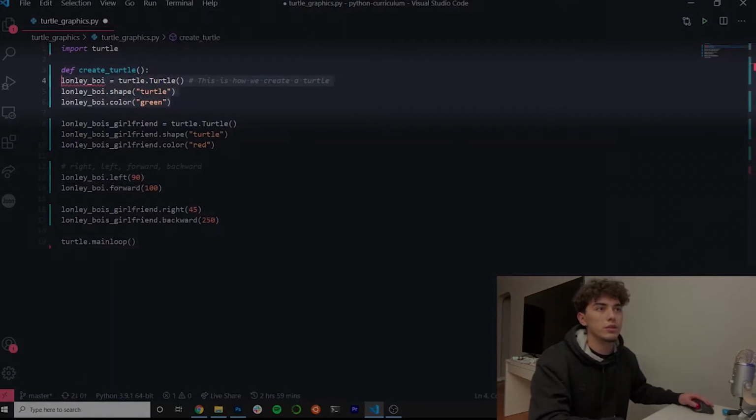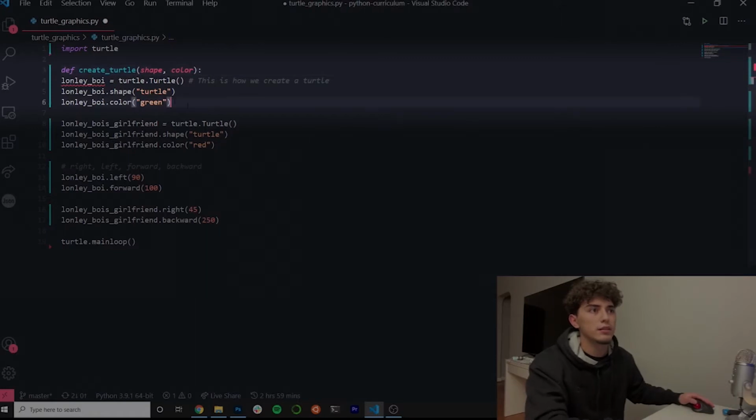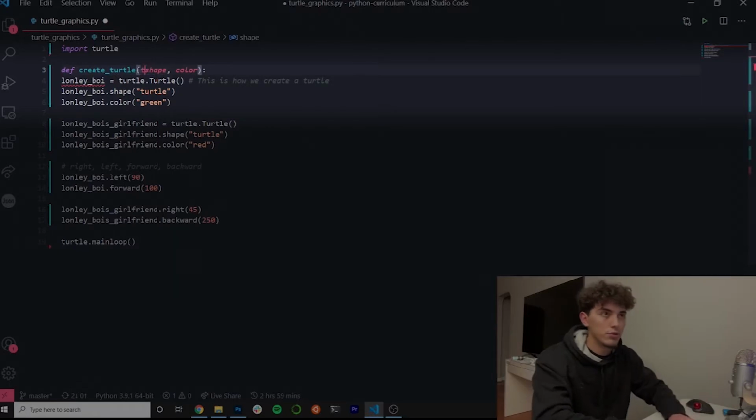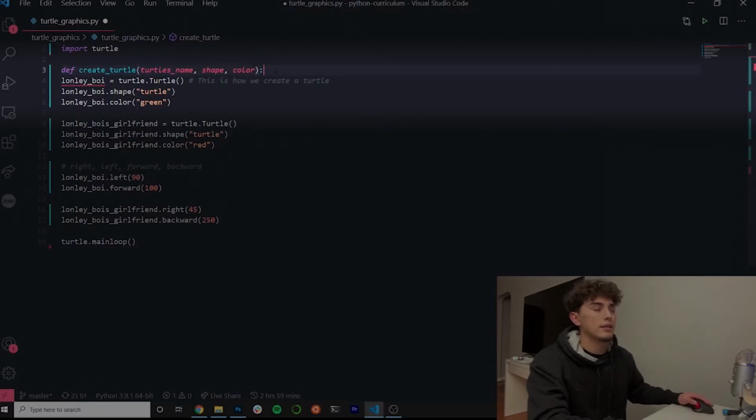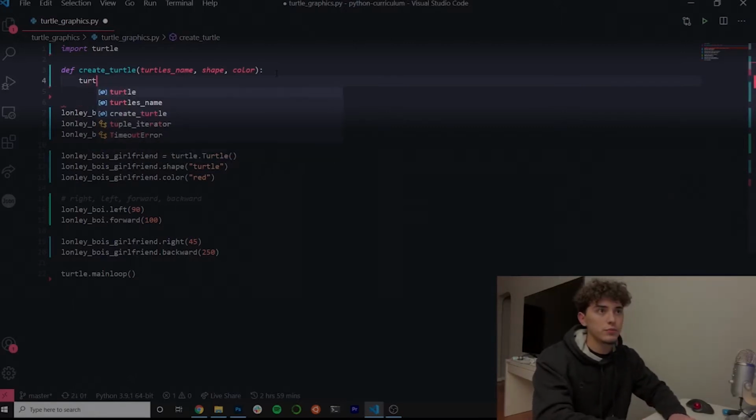All we're gonna do is just indent. No, we should pass something in. Let's pass in a shape, a color, and then our turtle's name. Yeah, like that. Okay, so then we can do something like turtle's name is going to be equal to turtle,